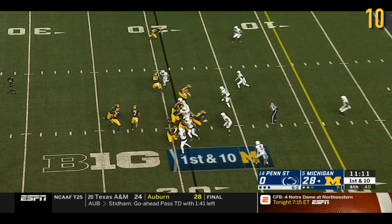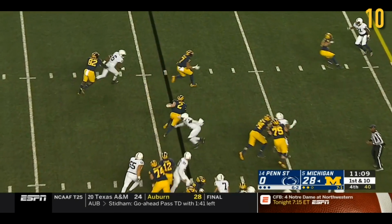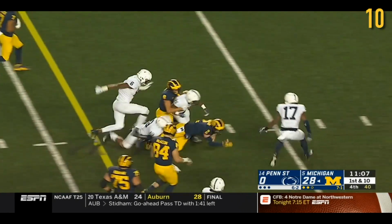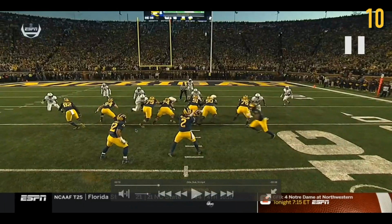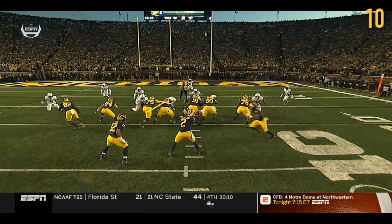He comes in motion. They fake it to him. Patterson stutter steps, Patterson hammers. They fake the jet sweep to Black, and it turns into a zone read here. The offensive line is just blocking down, zone blocking to the right. Nothing really to note here. I mean, they all do a good job. No one gets through. A hole doesn't really open up for Evans here, but it's the right read for Patterson,